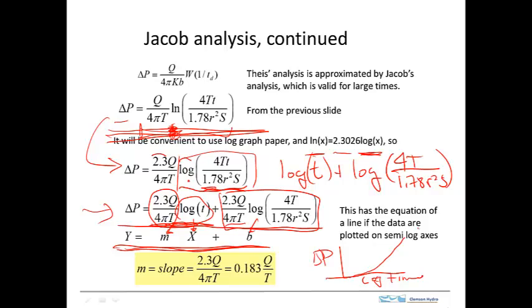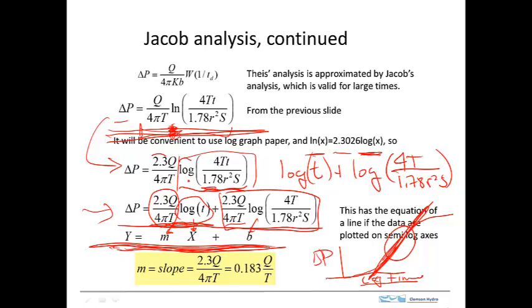Remember the color screen where we saw the colors changing around the pumping well, and then there was also a graph that was proceeding, and it went up and kind of leveled out like that. This part here was a straight line when we plotted it as a semi-log, and that's the same straight line that we're saying here from the Jacob analysis. Okay, so here's the real beauty. If we fit this part of the data with a straight line,